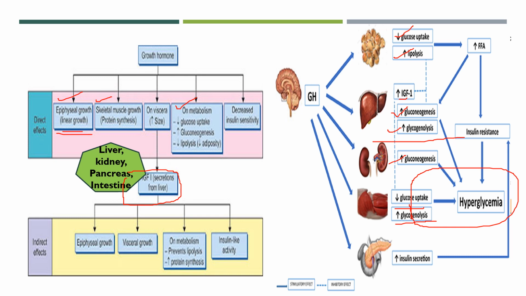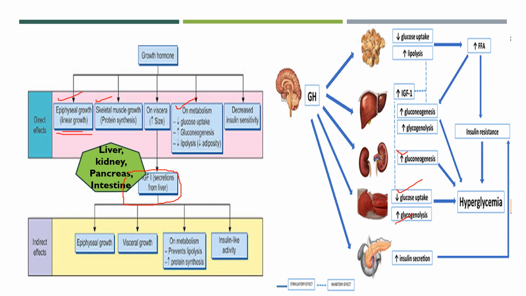So that's why the growth hormone is also known as the pro-diabetic hormone. So if all of this glucose uptake is less, more glycogen will be converted to glucose. From other substrates, there will be formation of glucose. So ultimately the blood level of glucose will be increased.